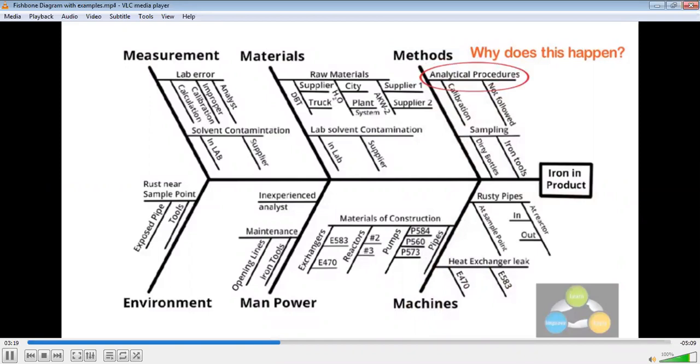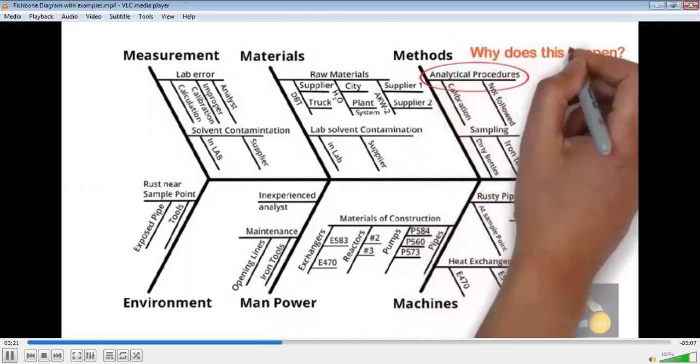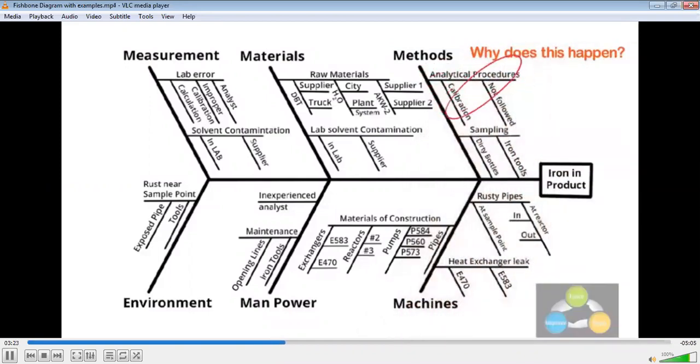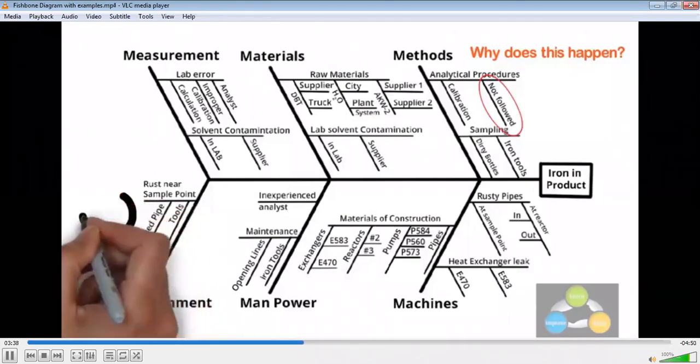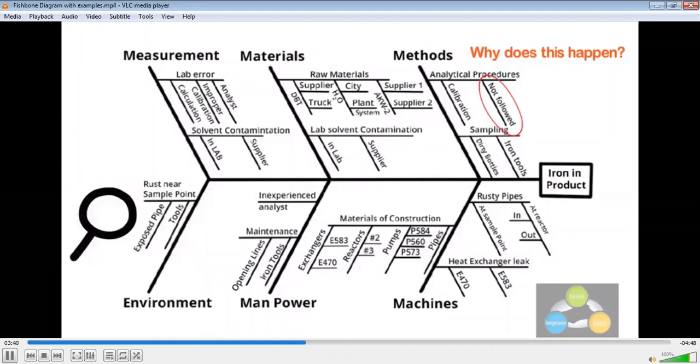Step 5. Again ask, why does this happen? About each cause. Write sub-causes branching off of the causes. Continue to ask why and generate deeper levels of causes. Layers of branches indicate causal relationships. Step 6. When the group runs out of ideas, focus attention on the places on the chart where ideas are very few.